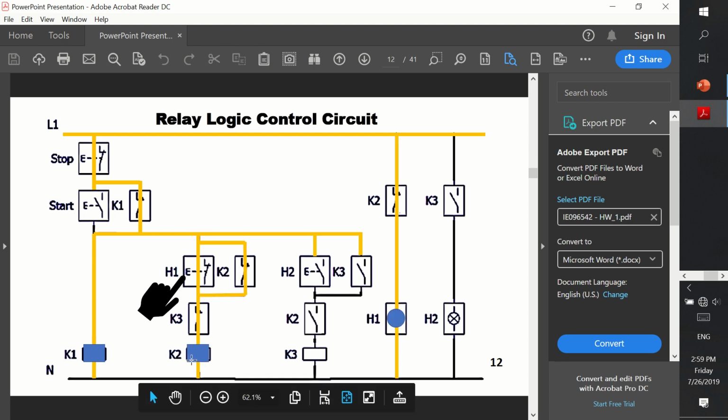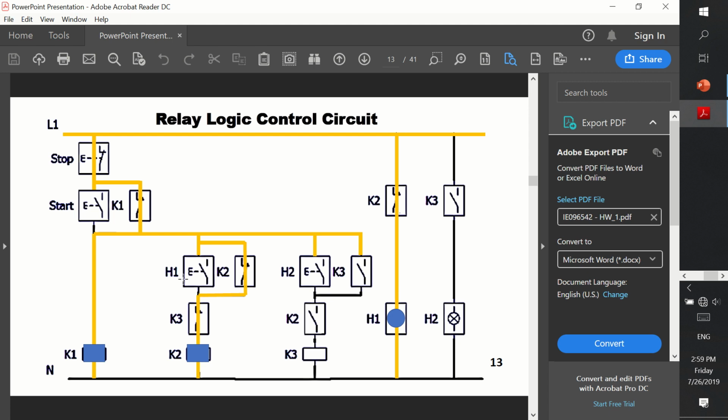passing through K2, and as a result, once K2 is fully energized, its associated contacts will flip, since they are normally opened here, and they will get closed. And you see here the associated contact of K2 was initially closed, and now since it is fully energized, it will get opened, and the indication lamp will be eliminated, and the operator can release now